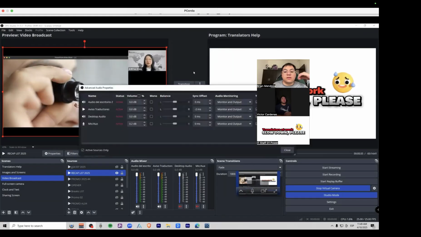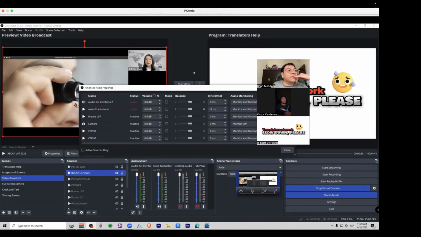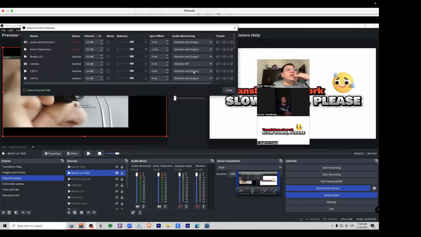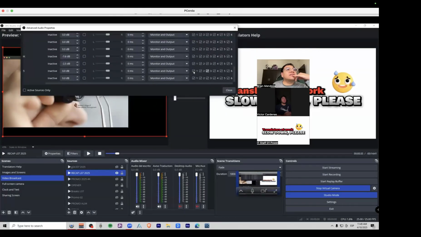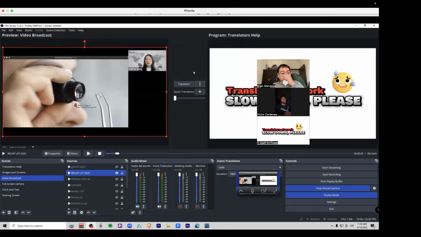Before that, let me go do this again. You have to make sure that all of these tracks are enabled. Okay? In more complex projects, you don't need all the tracks. But since this is a simple one, you keep it this way. All the tracks enabled. Okay? The way they are here. Then we close. And now,